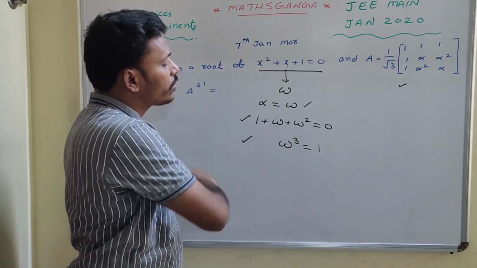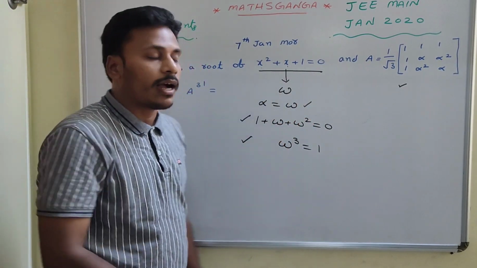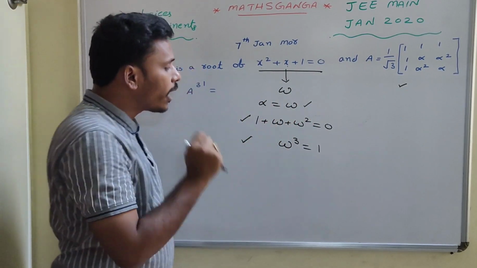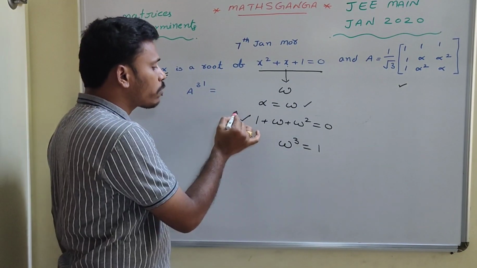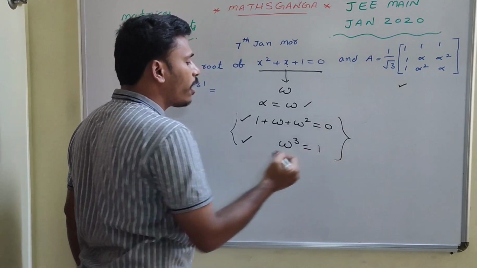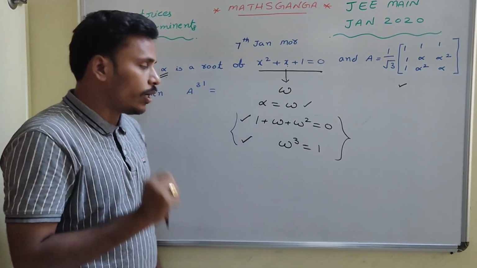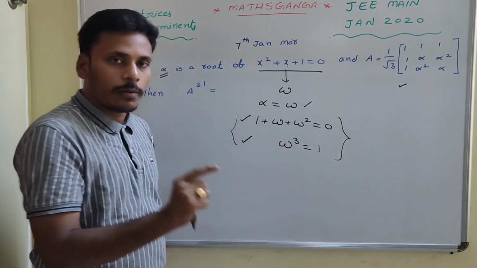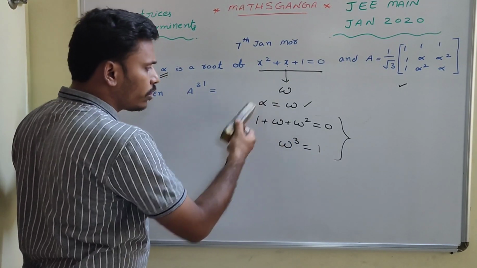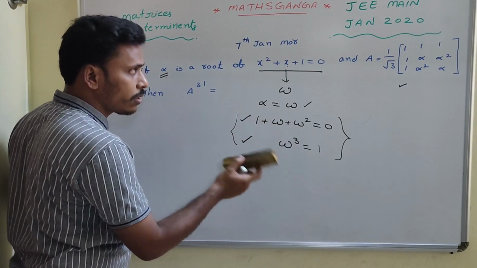As we know, the roots of this equation are omega and omega square. So take alpha equals omega, and from there we have two important identifications regarding omega. First of all, you just memorize these two things. What are those regarding omega? 1 plus omega plus omega square is equal to 0, as well as omega cube is equal to 1. Right? This omega cube is equal to 1. You face these omega concepts in quadratics as well as in complex numbers also.